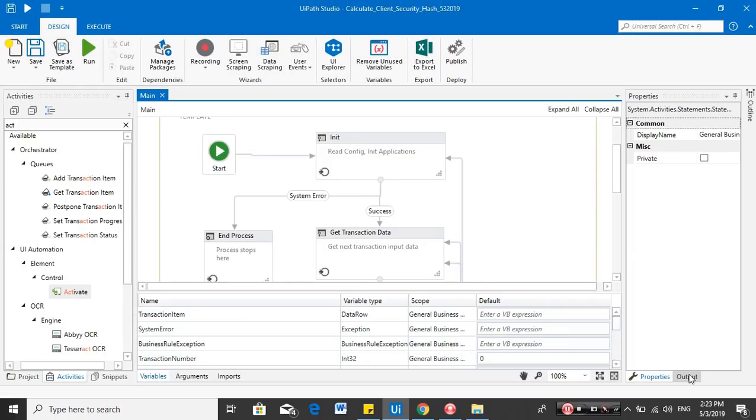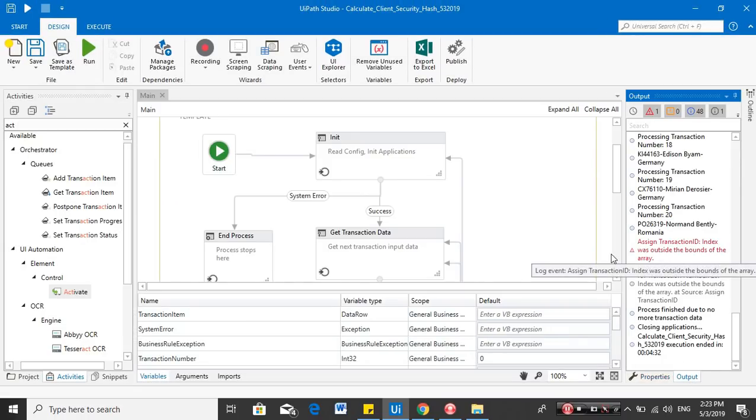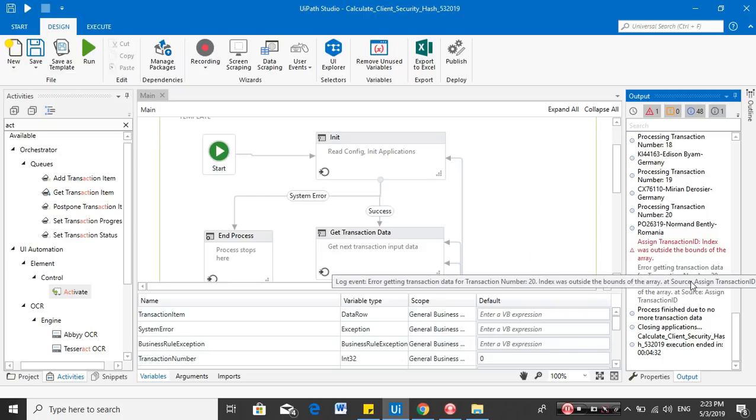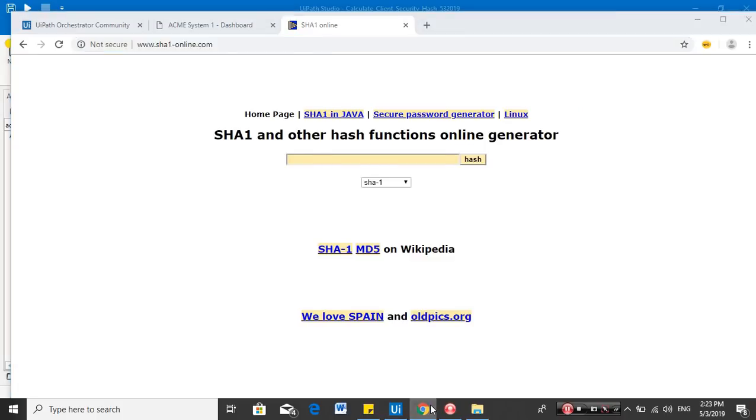And it's completed. So here I'm not expecting an error since we increment the transaction number once it reached the last transaction number, and if there's no index referring to the transaction number, we will really receive this error. But it is successful. So to validate that, let's go on to,